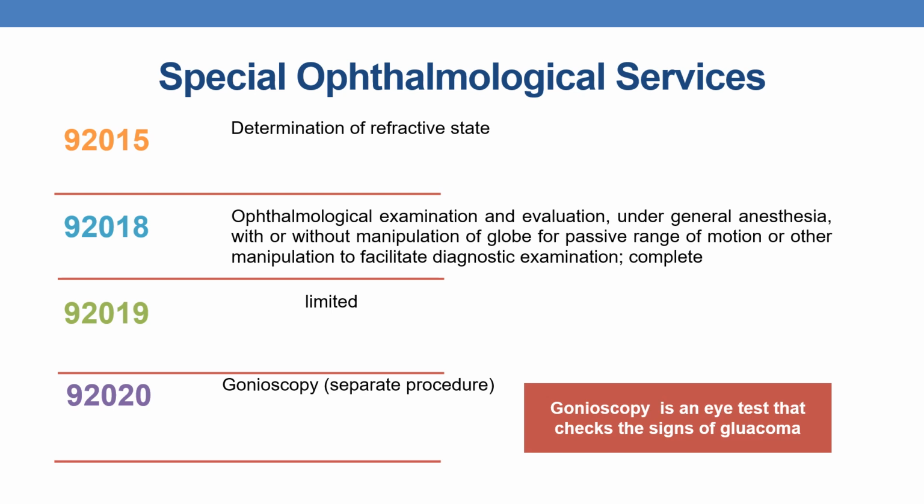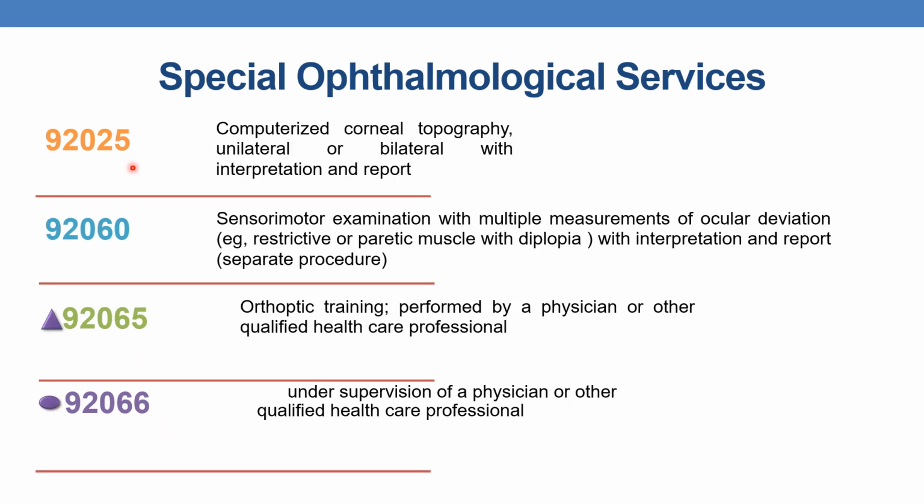The next CPT is 92020, which is gonioscopy. Gonioscopy is an eye test that checks for signs of glaucoma. And the CPT is 92020. The next is 92025, computerized corneal topography, unilateral or bilateral with interpretation and report. The next is 92060, sensory motor examination with multiple measurements of ocular deviation,